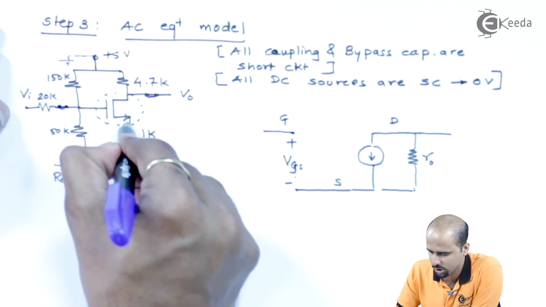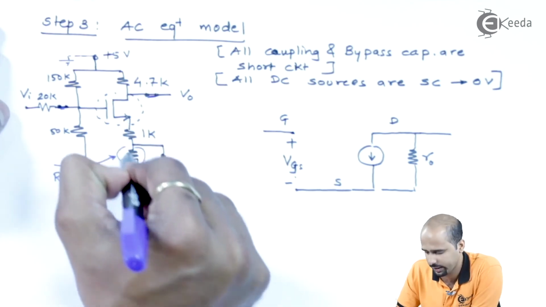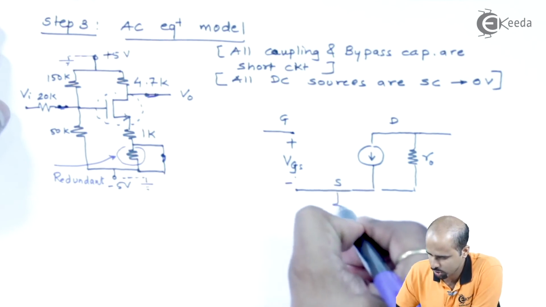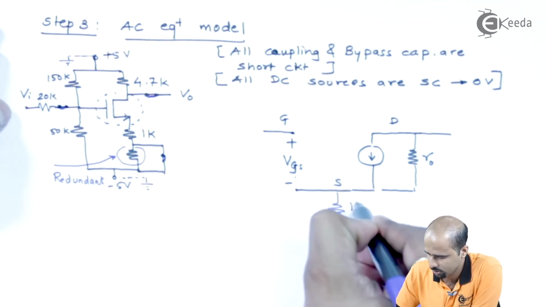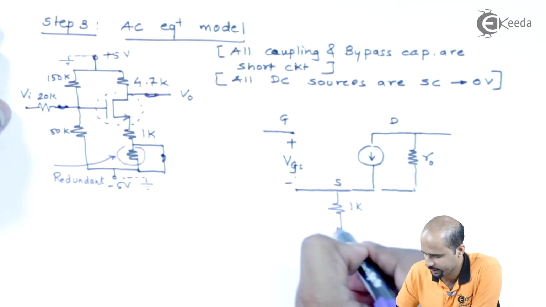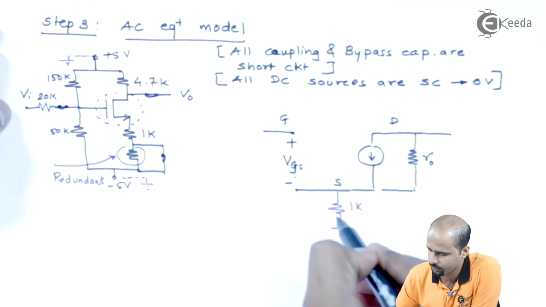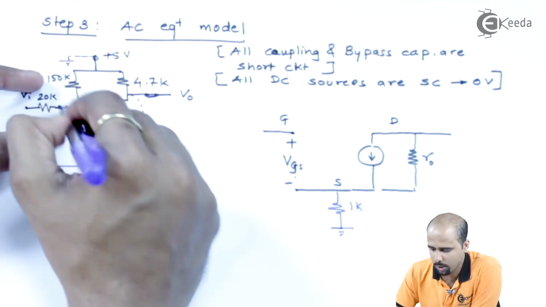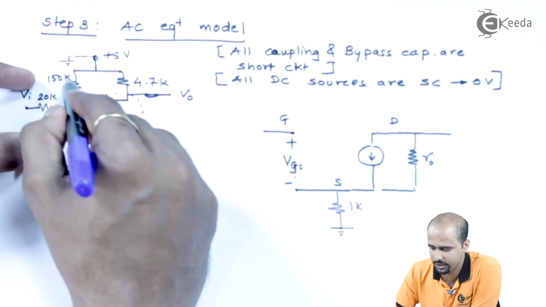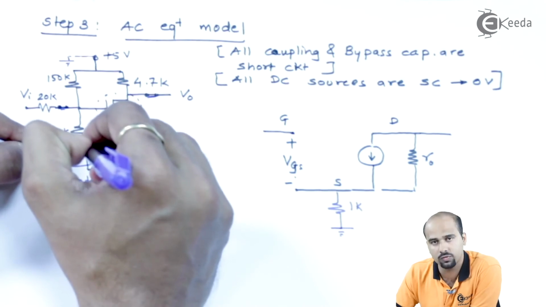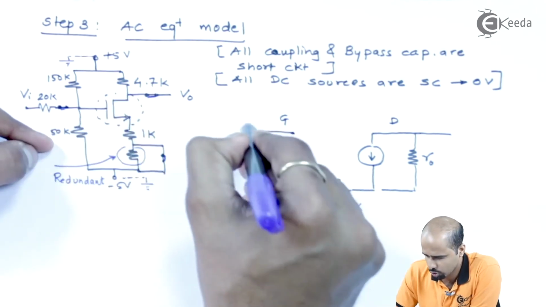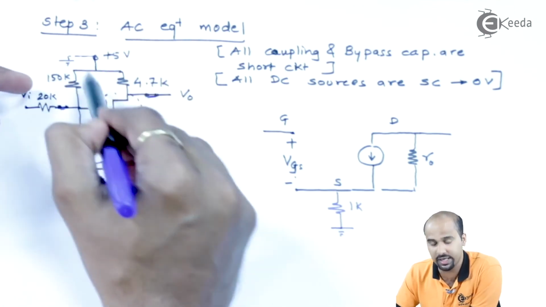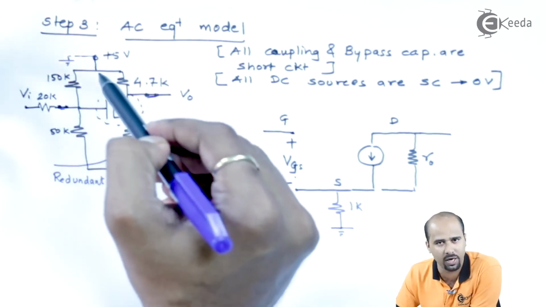First of all, this source terminal is connected with 1K and 1K is connected to the ground, right? So we will draw the source terminal. First of all, that is 1K connected to the ground. Then RG, I can say that it's a combination, that is 150K in parallel with 50K, right? So either you can do it separately. So even if you take this individually, then also it forms a parallel combination itself.